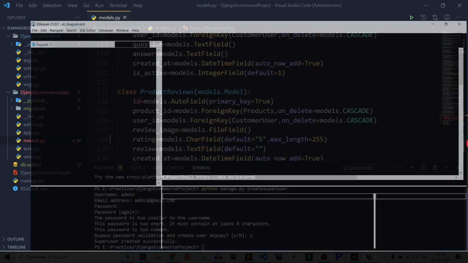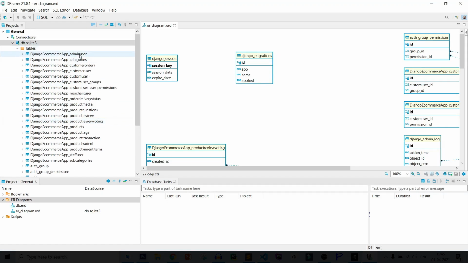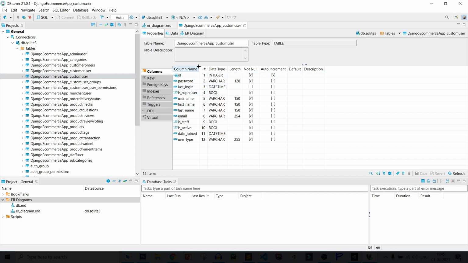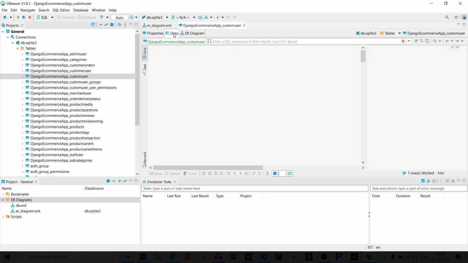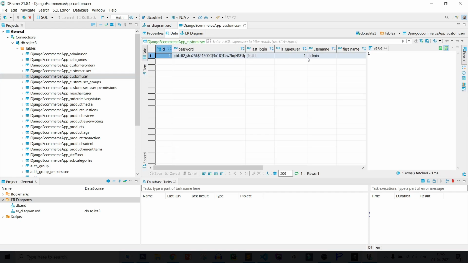So you can check. Back to the database, let's click on our custom user, open it, and data, and you can see our custom user has been created. You can see the username, email, and everything, and it also creates an instance row in another table.